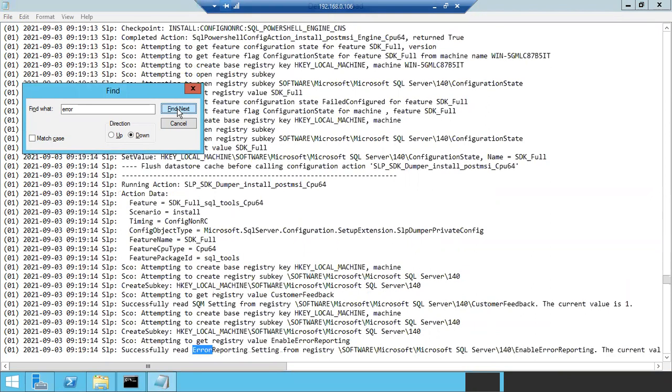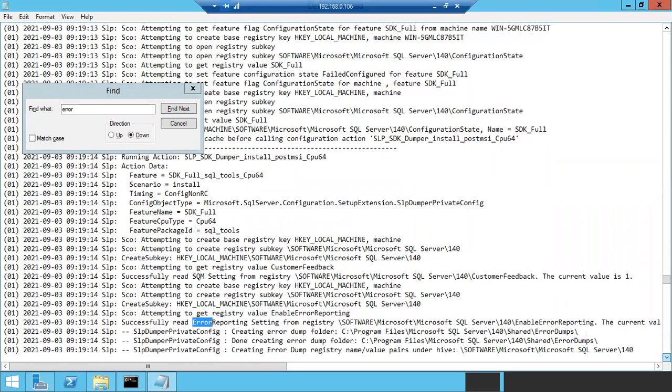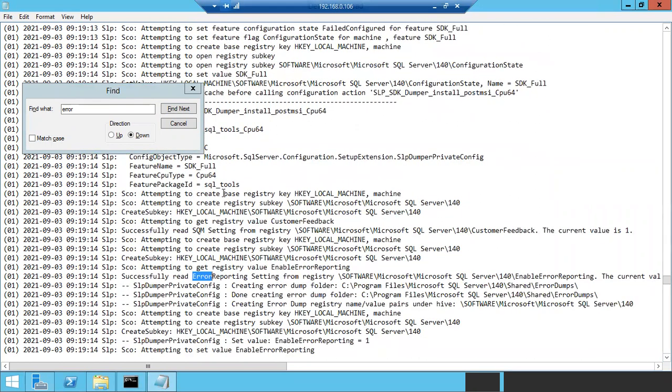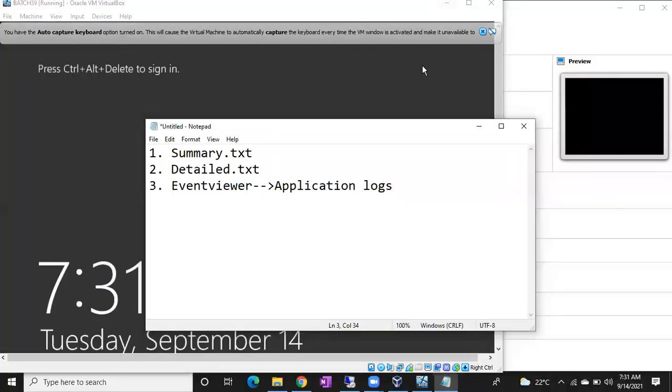So if it is an error, you can clearly see the error. For example, imagine you can see the error on this line, but the error is not clear. What you have to do is read 10 to 20 lines up and 10 to 20 lines down, so that you will get some hints. Imagine here is the exact error, but you are not getting proper information with it. Then go 10 lines up and 10 lines down, so that you can easily understand that particular error.